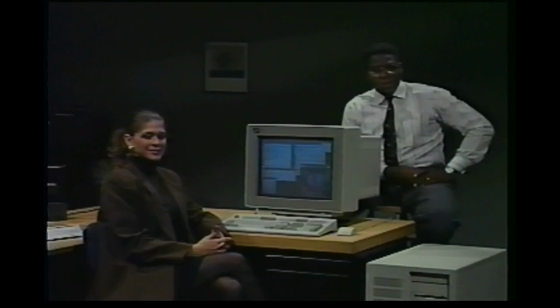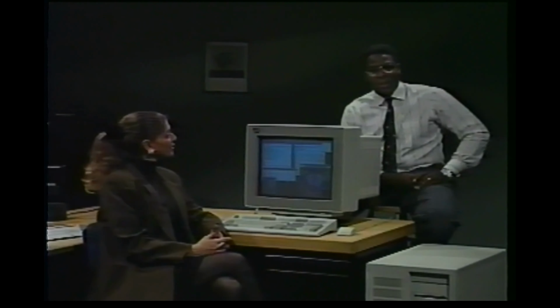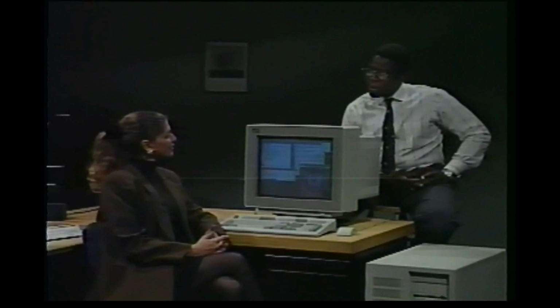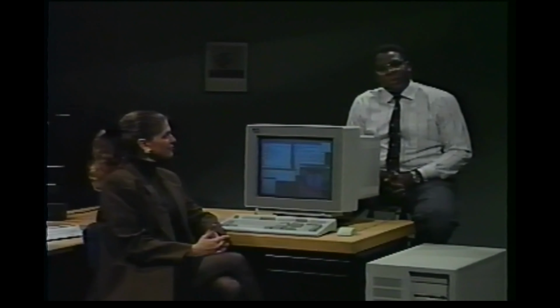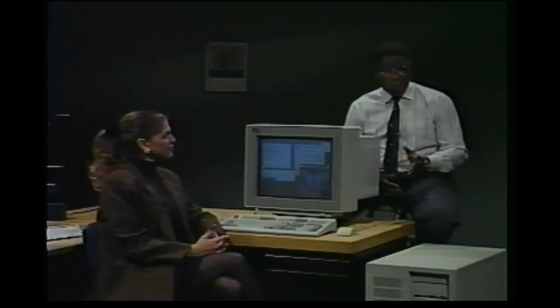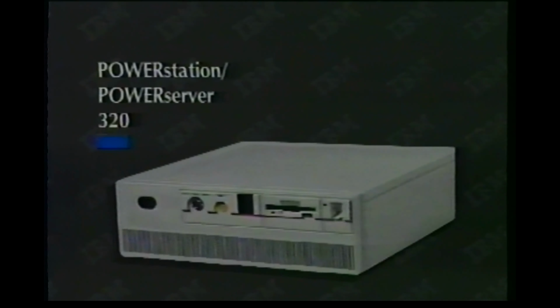Although RISC System 6000 computers are available in several different models, the operation of all models is basically the same. It's comforting to know that no matter which model you're presently using, you can move to a different model and begin work right away. The RISC System 6000 model you have may be one of the following: a power station